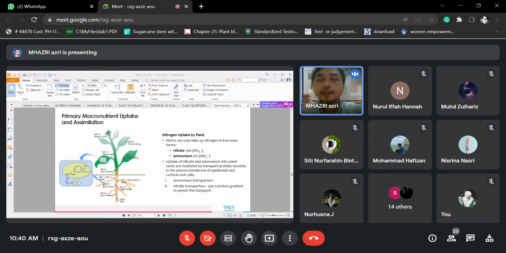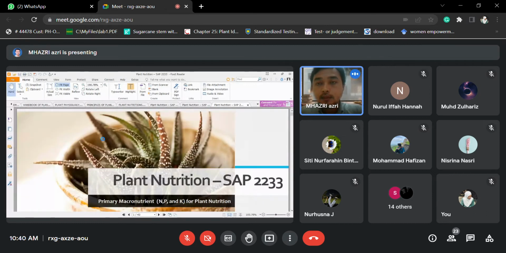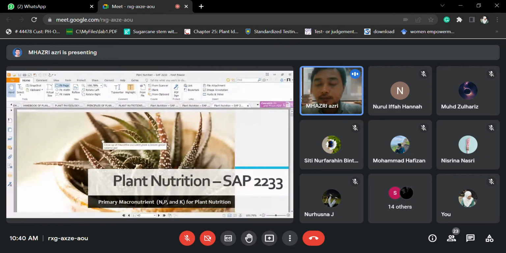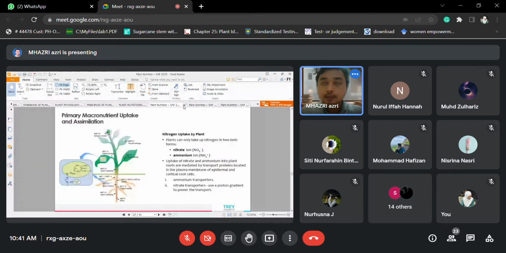So in completely aerated soils, maksudnya tanah yang pengudaraannya baik, di mana oksigen banyak. Okay, so nitrogens usually in soils, awak tadi in nitrogen cycles. Okay, so saya terangkan dulu dalam nitrogen cycles tadi. In nitrogen cycles, if you still remember, the